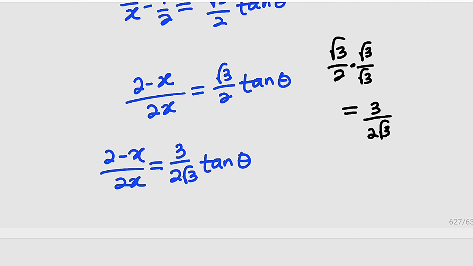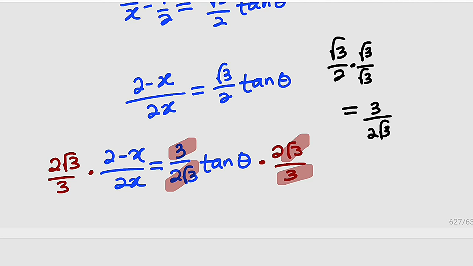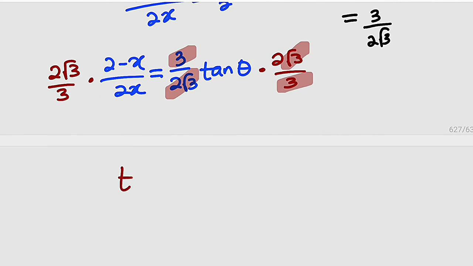So let us make tangent of theta the subject by multiplying both sides by the reciprocal of this, which is going to give us what? 2 root 3 divided by 3. So it's like we are going to multiply this by 2 root 3 divided by 3. We also have to do it here. 2 root 3 divided by 3. You can clearly see that this will cancel this will cancel this, right? Tangent theta